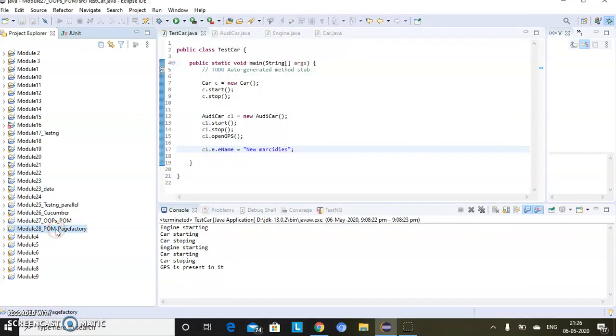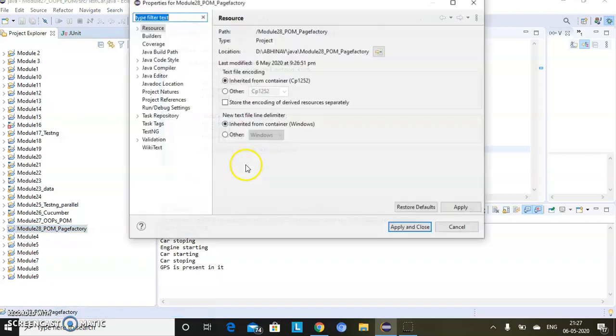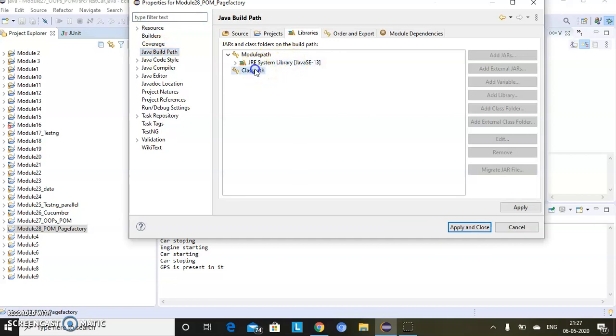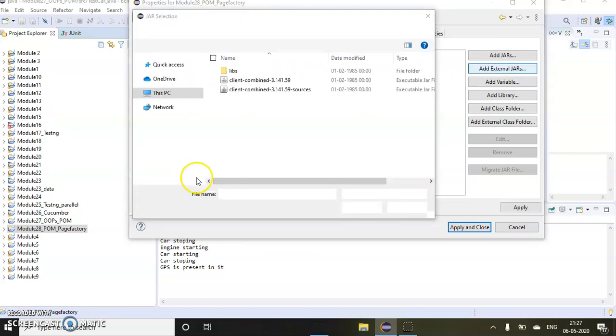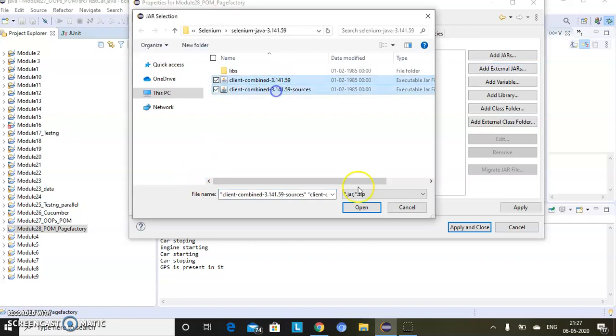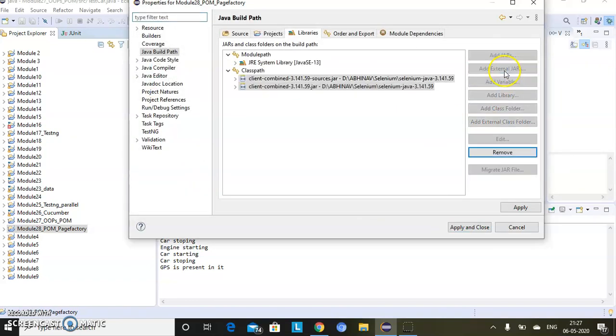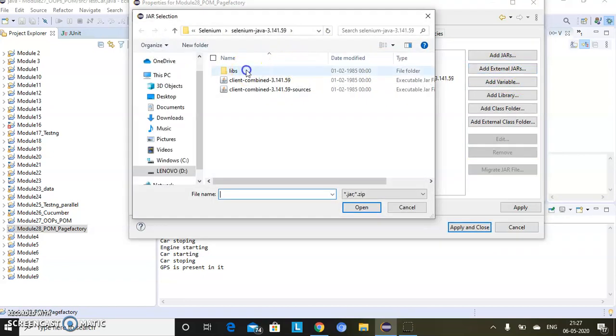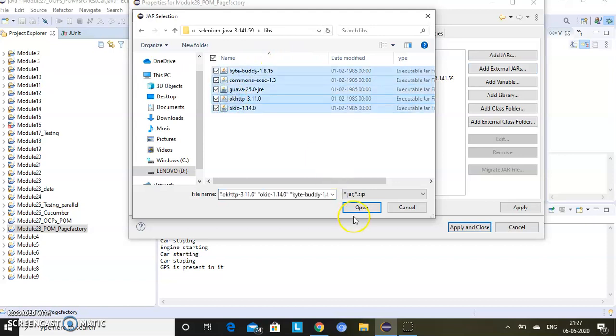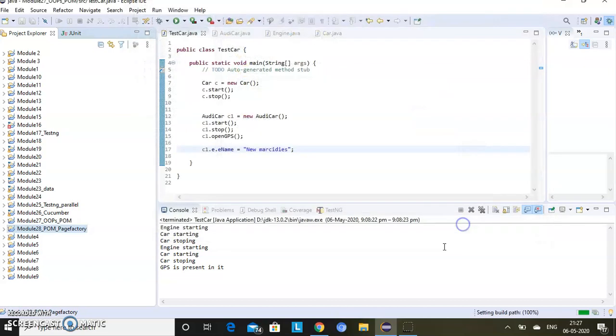And I will include all the Selenium jar files. So think, I have to automate facebook.com.